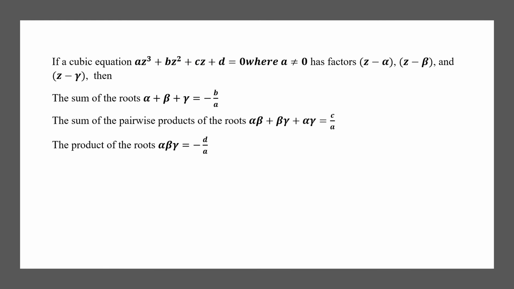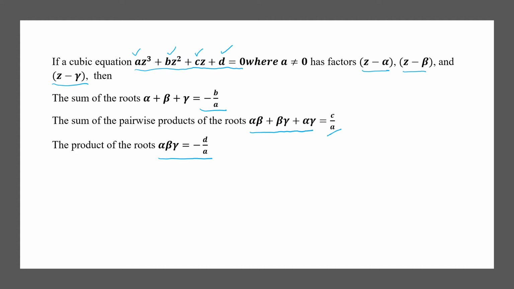Now let's extend this relationship to a cubic equation. We are given az cubed plus bz squared plus cz plus d is equal to 0, which has factors z minus alpha, z minus beta and z minus gamma, meaning alpha, beta, gamma are the roots of this equation. The sum of the roots, alpha plus beta plus gamma, is equal to minus b by a, which comes from this coefficient and this coefficient. The sum of pairwise products, alpha beta plus beta gamma plus alpha gamma, is equal to c by a, which makes use of this coefficient. And the product of the roots, alpha beta gamma, is equal to minus d by a, which makes use of this